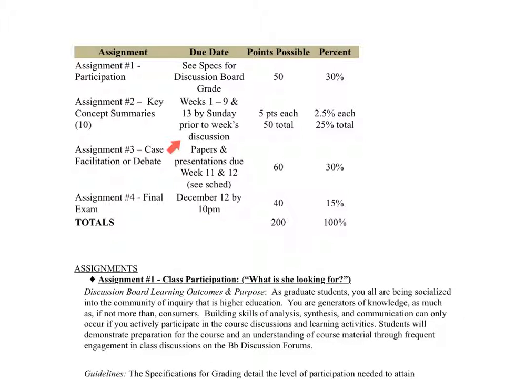Each of your journal entries will be due for the upcoming week on the Sunday before that week starts. And that might not make a whole lot of sense. I've put another video in, I believe in either the week one or the preliminary week folder, that explains it in a little bit more depth. But each one of those journal entries is worth 5 points each.